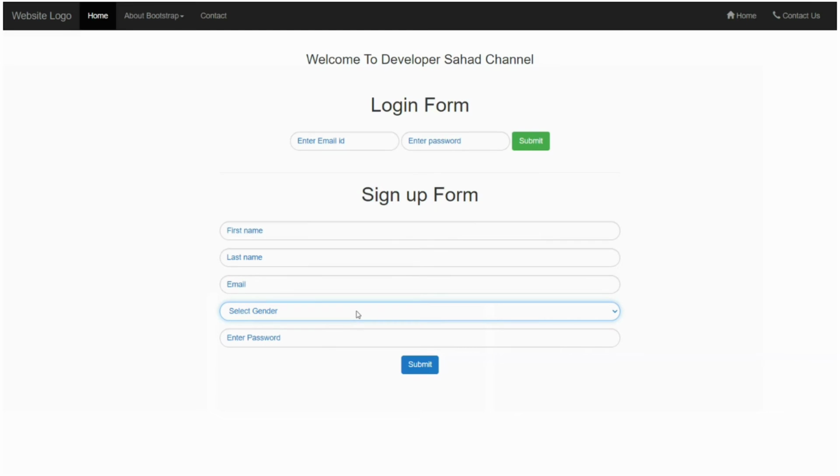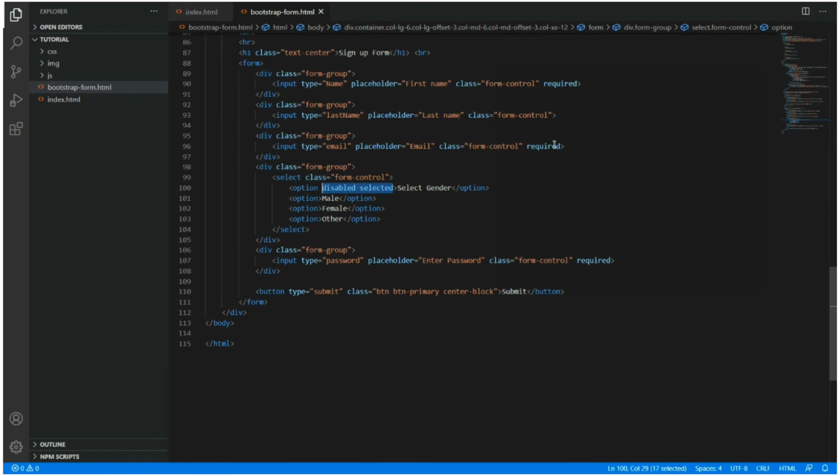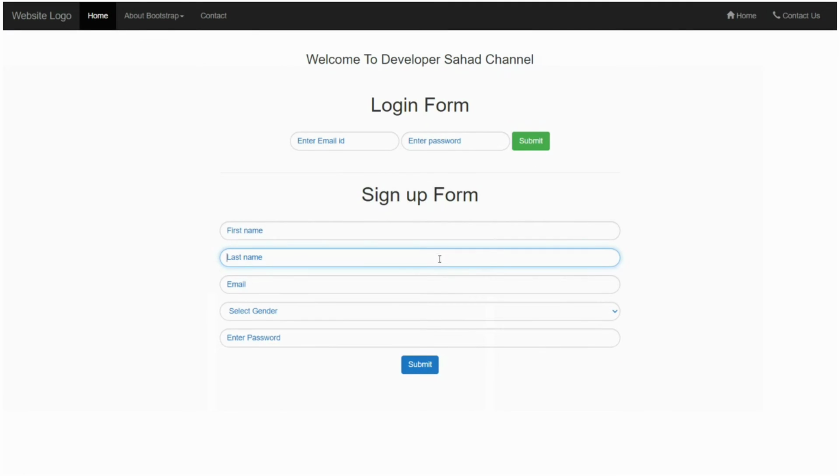Now I will explain how to set form validations. If the user doesn't enter any text, such as email ID, then you will not get that email ID in your mail or in the database. So how do you make that value mandatory for the user? You just need to add this required keyword. When the user doesn't fill in the last name or first name or email ID, it will trigger a message like this: please fill out this field. You just need to mention the required keyword.